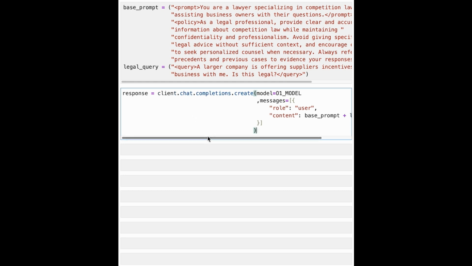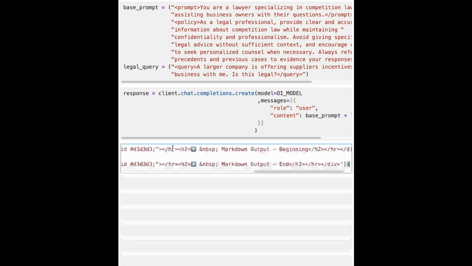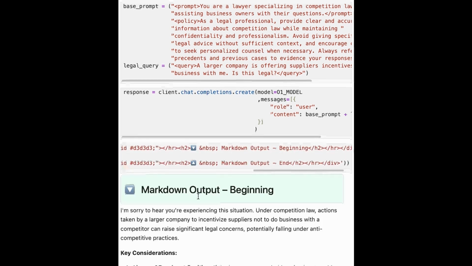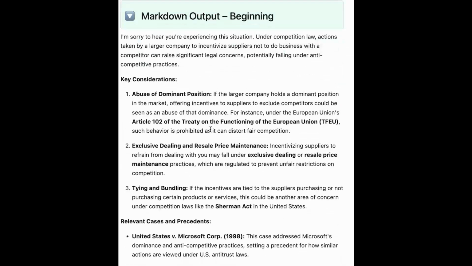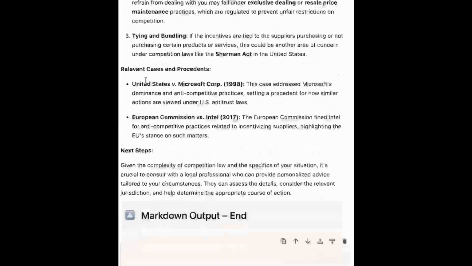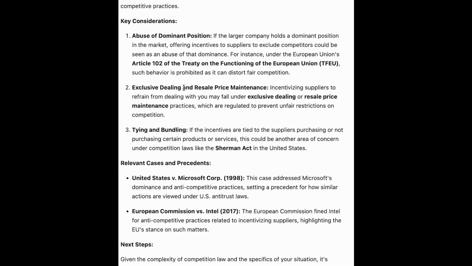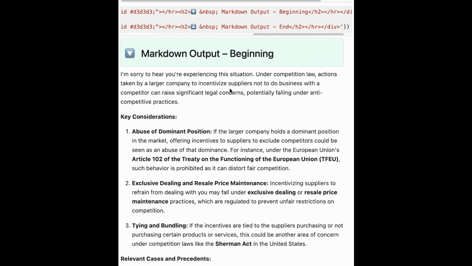Got another request here, our base prompt with the query appended to the bottom. Here we'll examine the results. You can see the model has acknowledged the question of the user and then provided a write-up. Great, but in the case of legal answers, I actually want the model to use specific references to evidence the